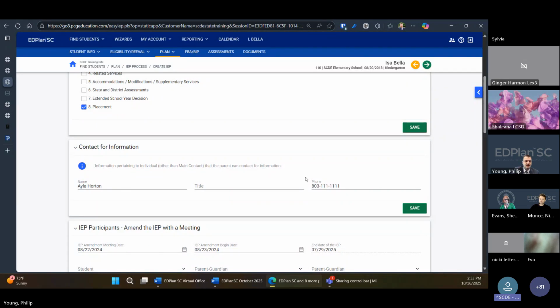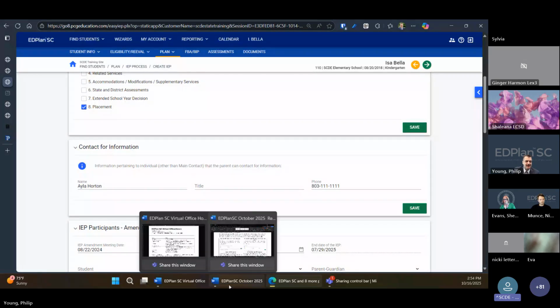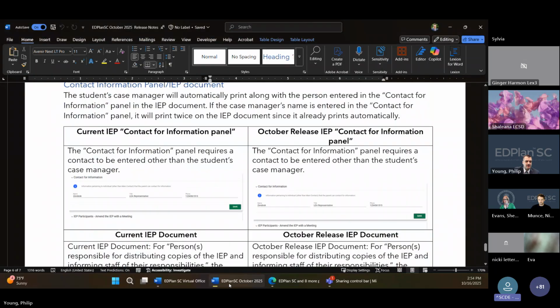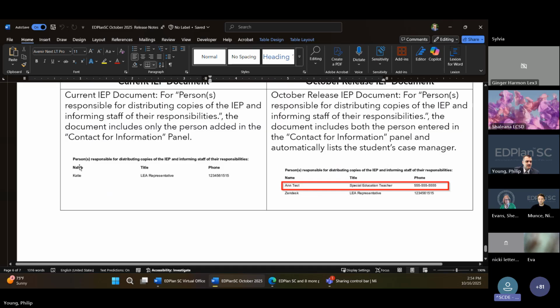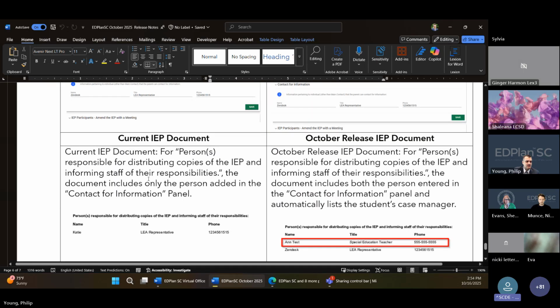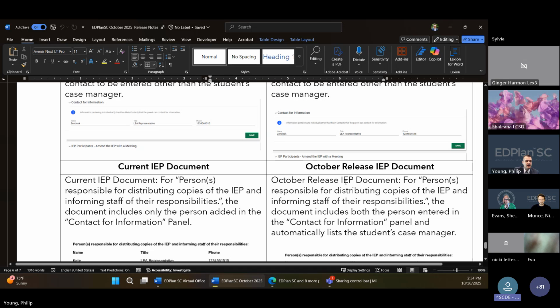After November 1st, 100% of the time, whoever is listed as the case manager, it's going to print their information. And then this box will print a second person for them to contact. So I think the best way to show this is in the print document. Currently it's just been listing one person, and it's the person who is listed here.